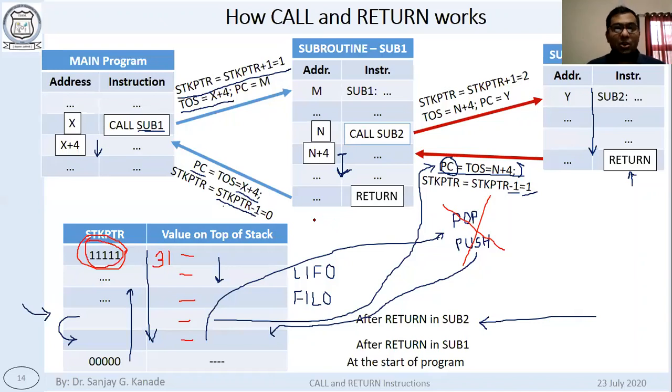Okay, because with every call we are going to write something on the stack. So maximum 31 call instructions can happen. Actually it is not only call instruction. Maximum 31 in combination of call, rcall, and interrupts.